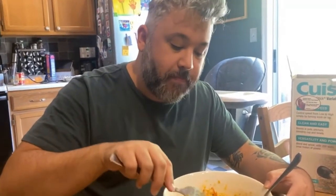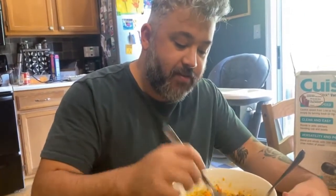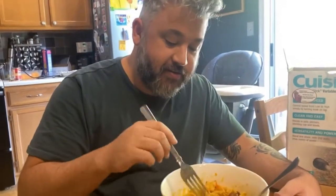What do you think of the shrimp? It's pretty good. Good? Overall, the elements are pretty good. All right, I'm going to repeat everything you just said. I said it was a lot of noodles. For it to be a soup dish, it tasted more like a noodle dish, and the flavors were somewhere between an autumn and a summer dish because of the shrimp and then the butternut squash. The flavor tasted pretty good, and the shrimp were really good. Okay, cool. So, what you're saying is use